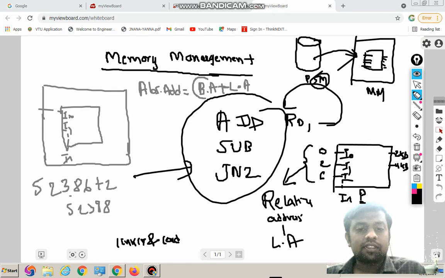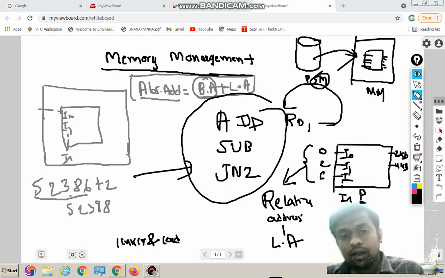Initially the first process will have a base address. Now we'll assume that the first instruction of the process is I0. So the base address for I0 is 52386. We add initially plus 0, so it will remain the same, and then for the next instruction I1 we have relative address 2. Now we need to add this relative or logical address to the base address, so then we can find the absolute address. So the absolute address can be found using the base address and the logical address. We need to add both. These are the basics we need to know before starting.